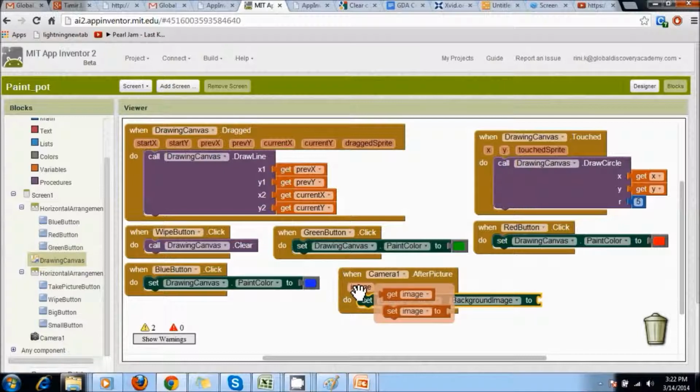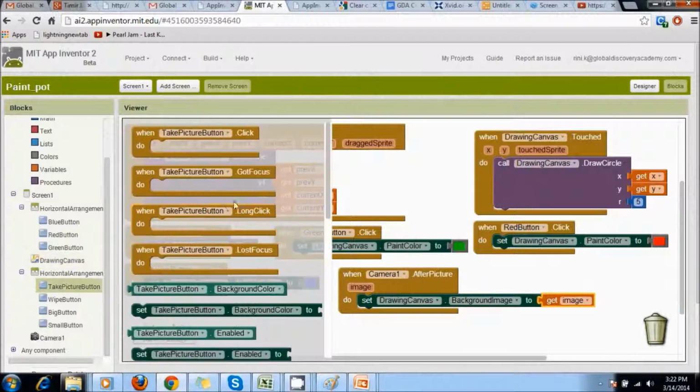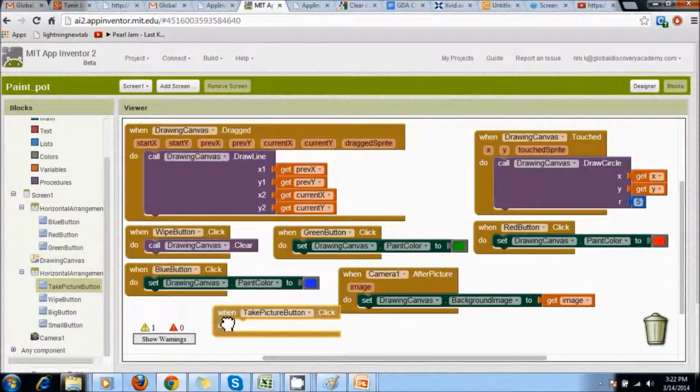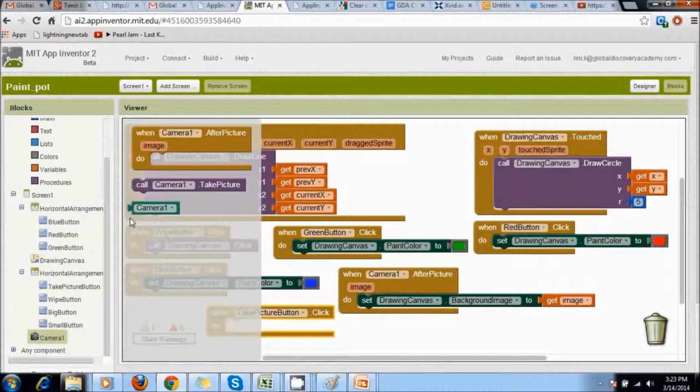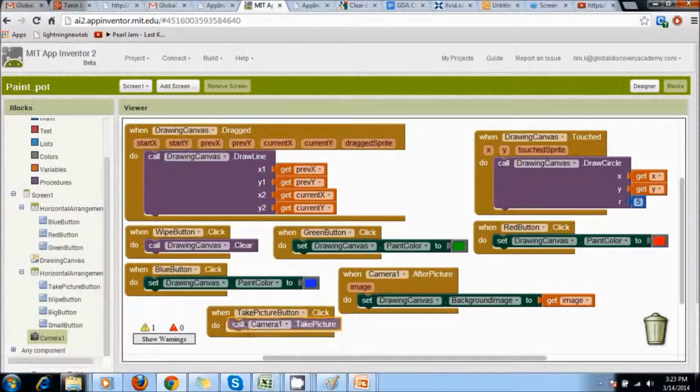This image we're going to get after we've taken the picture. When this button is clicked, so when take picture.click, we're going to call camera1.takePicture. So we're basically making the camera take the picture when the take picture button is clicked.